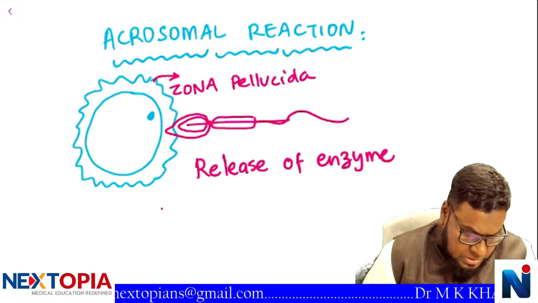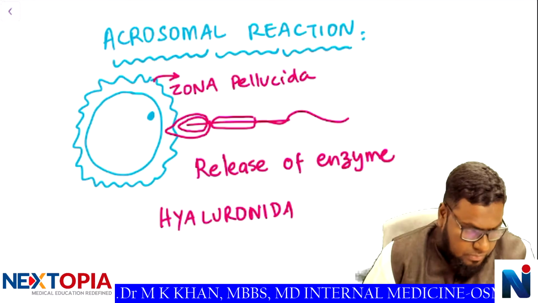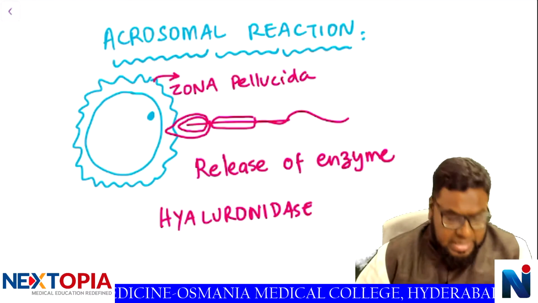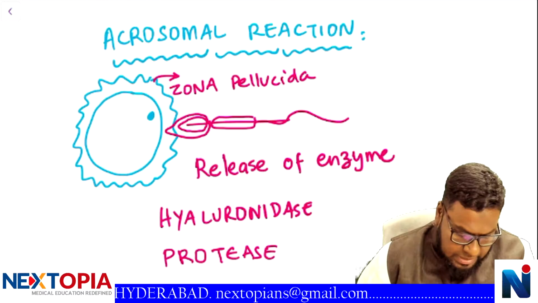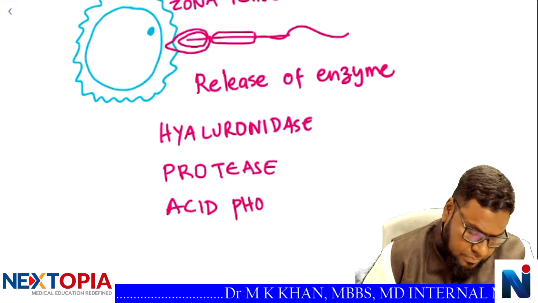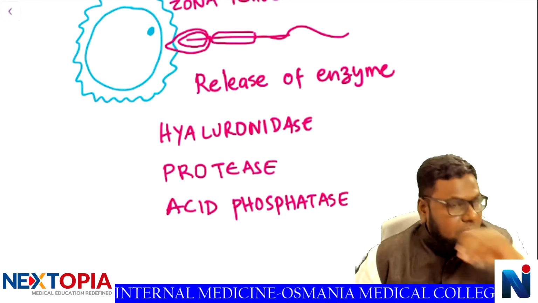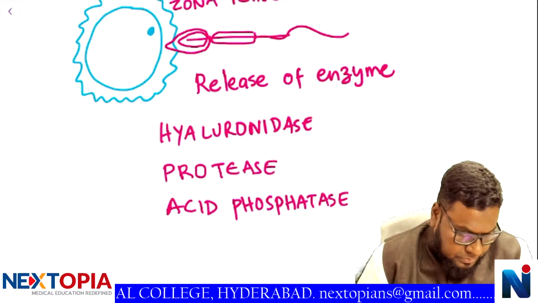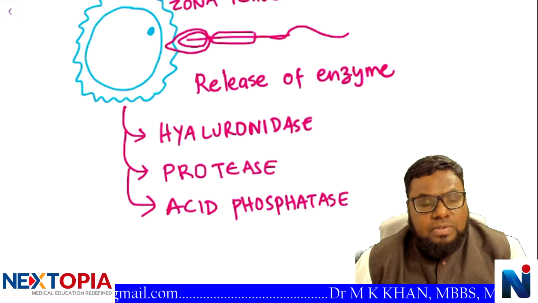One is hyaluronidase, another is protease, another is acid phosphatase. Now these three enzymes are released by this head of the sperm, and this reaction releases these enzymes